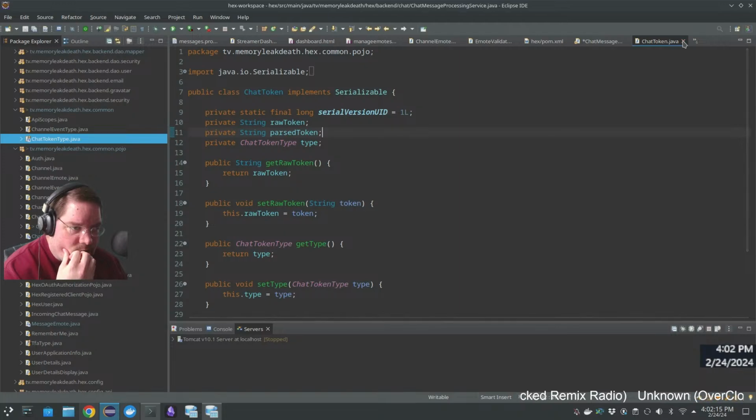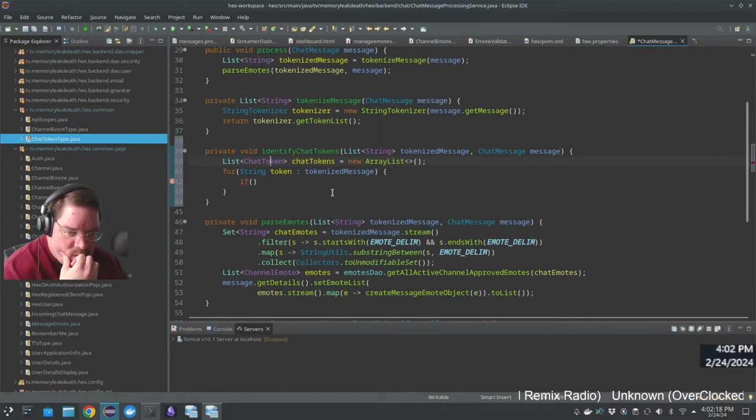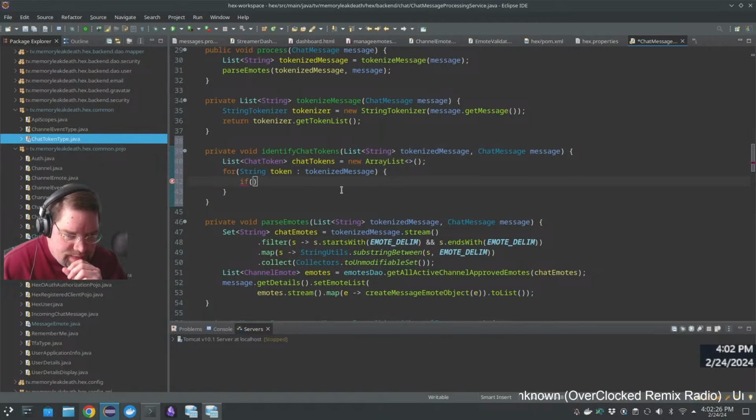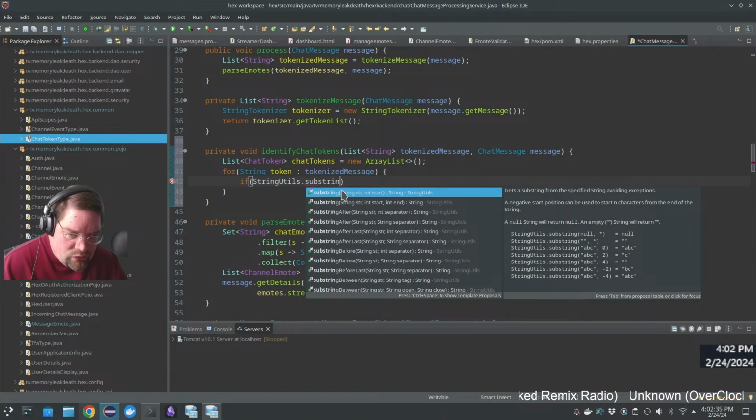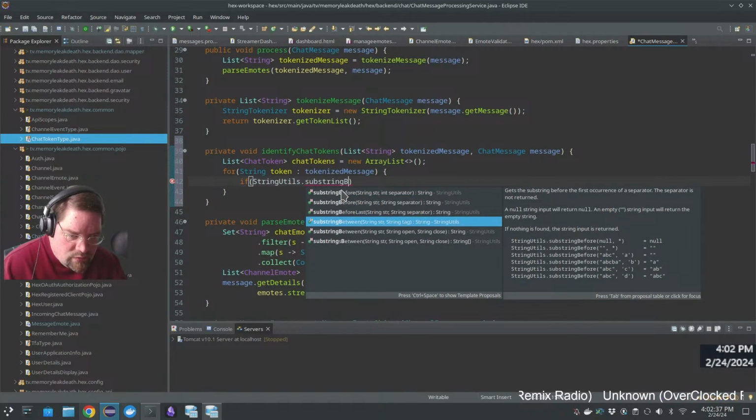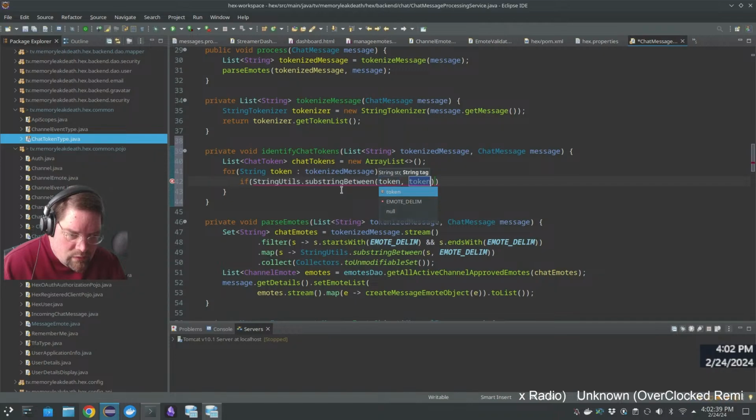So then, yeah, this is good because I can do both. I can say if string utils substring between token and emote delimiters does not, well, the